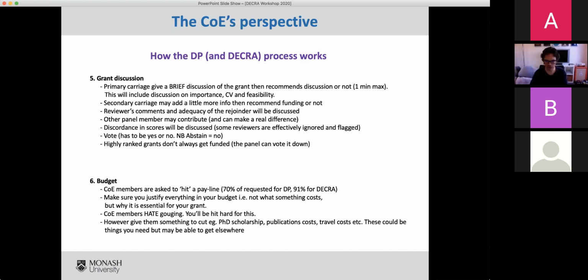But if you've got a really clear, important message and one of the other panel members in going through their pile has found your grant and thought, this seems cool, then when it comes to that discussion, they may go in. They may throw into the pool of discussion, and then that may move you across the line. Then they vote.